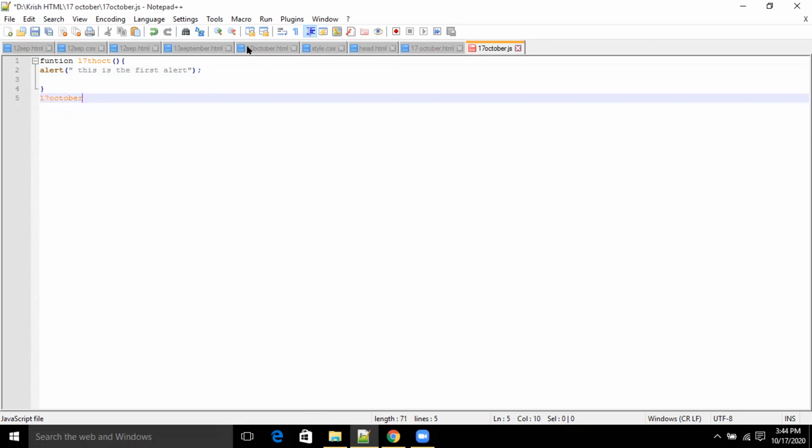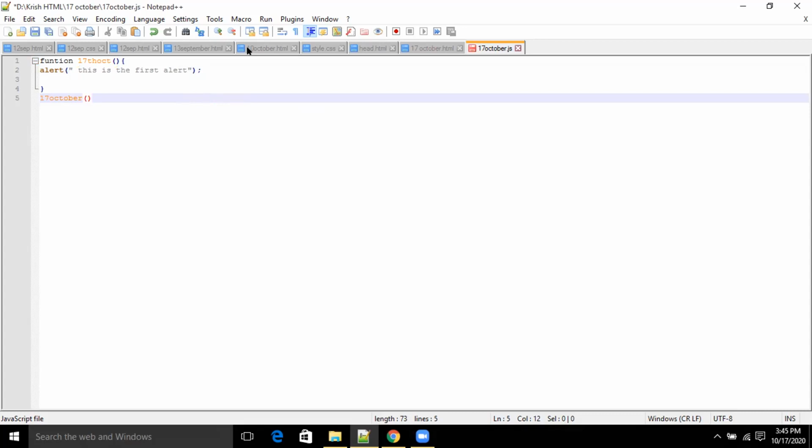Sir, with extension also? Not extension, just put the function name. You are calling this function, so you have to put those round brackets also. Okay, and put a semicolon at the end.